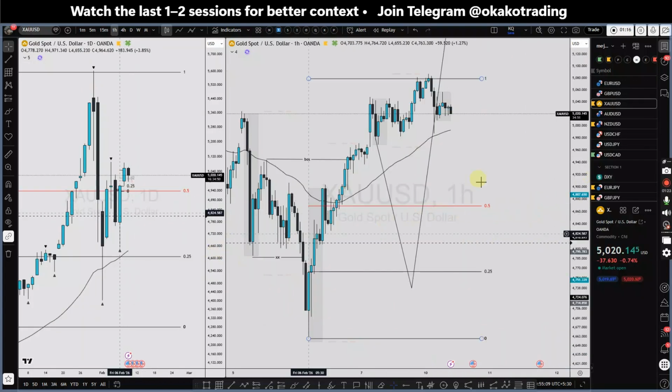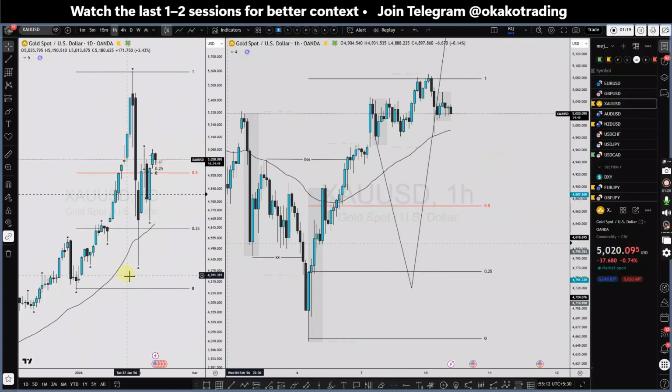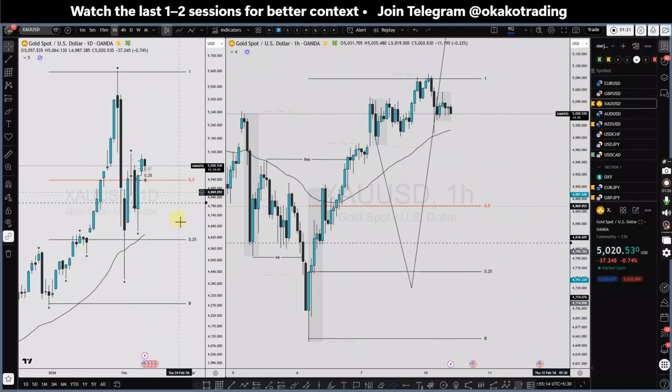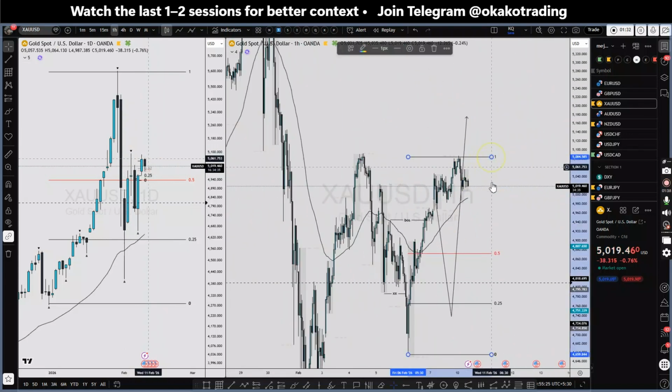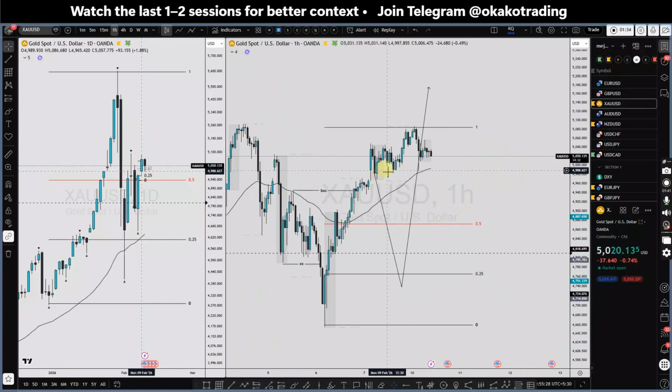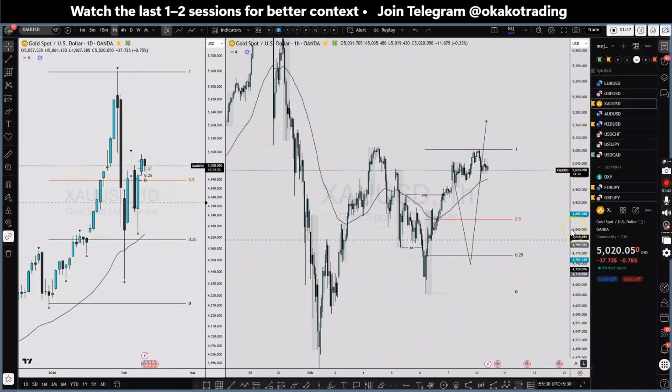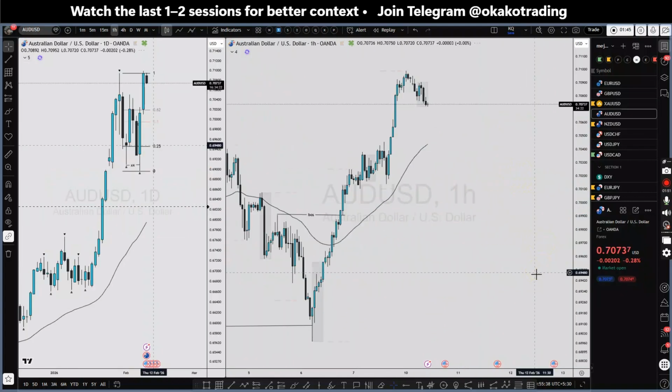So let's see what's going on in gold. Gold, we are above 50, above the equilibrium right now. The daily bias is bullish. We can target towards this high, but we don't have any setup into the lower time frames yet. In the swing perspective, there is no setup. I'm gonna wait for this deeper correction still. So let's see how it unfolds.